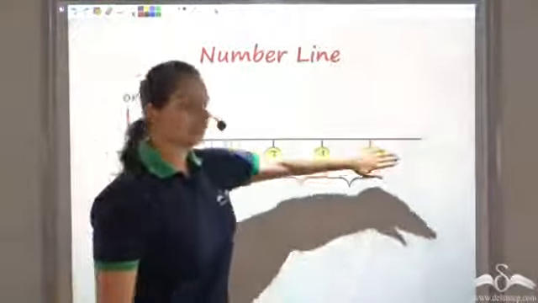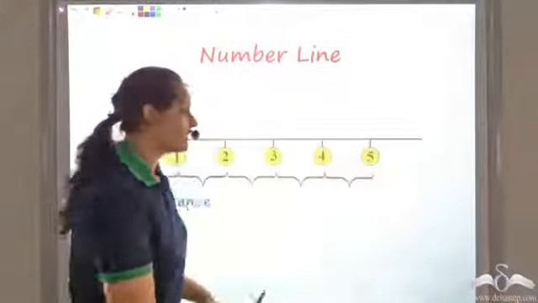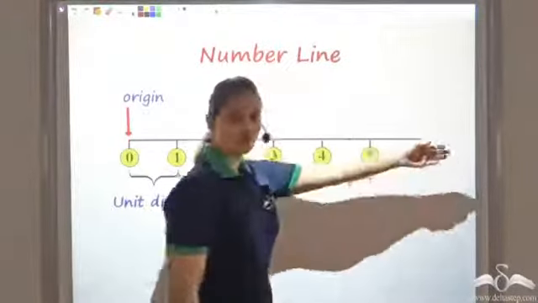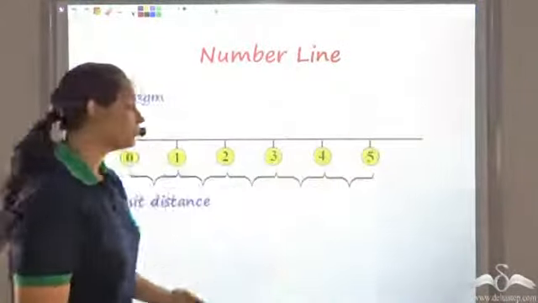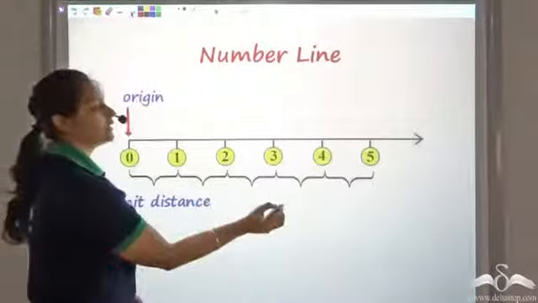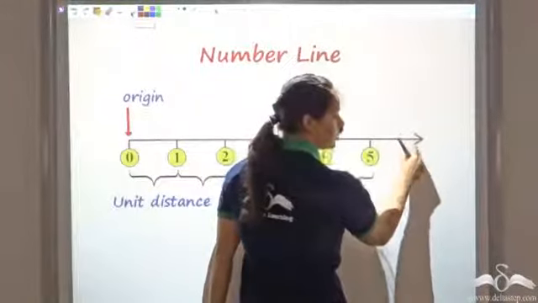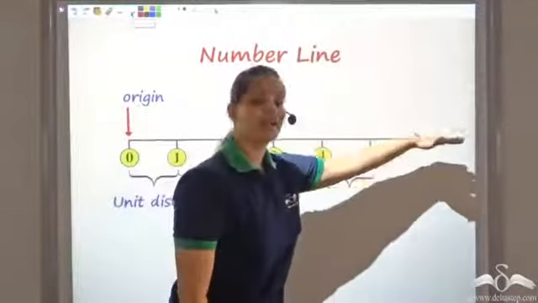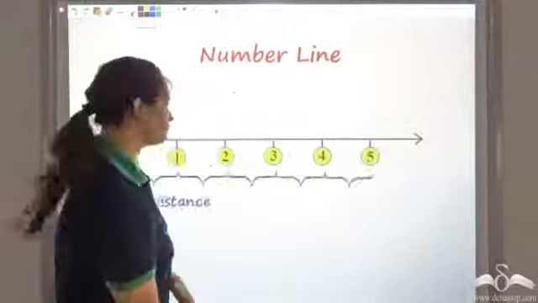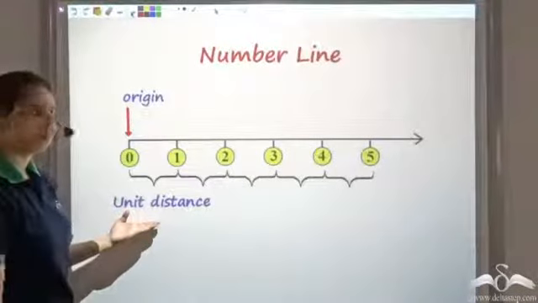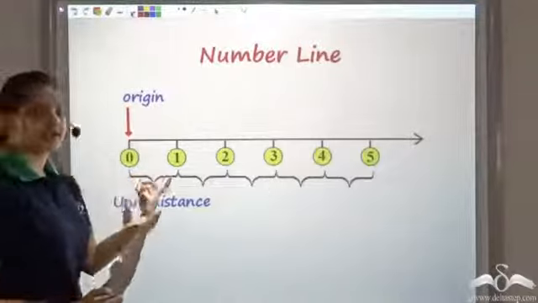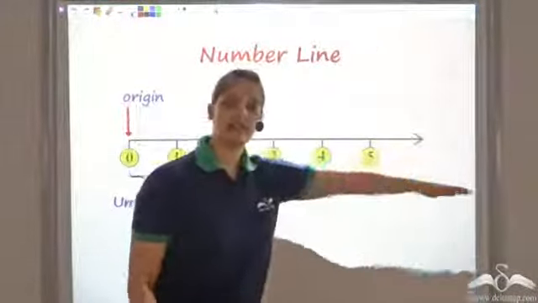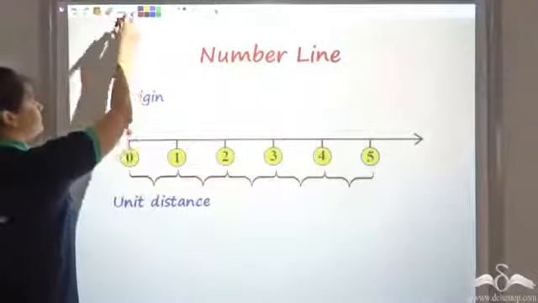But, well, the number line does not end at 5. We have numbers, again, after 5 I have 6, 7 and so on, endlessly in this direction. So what we do is, we put an arrow at the right end here to indicate that the numbers are not ending here, they are infinite numbers in this direction. So this completes my number line here, origin, unit distance, and arrow at the right end indicating that it moves in this right direction forever.